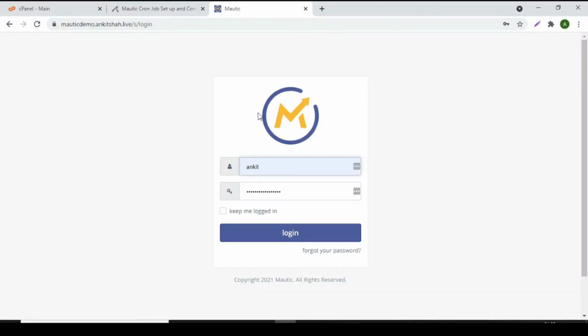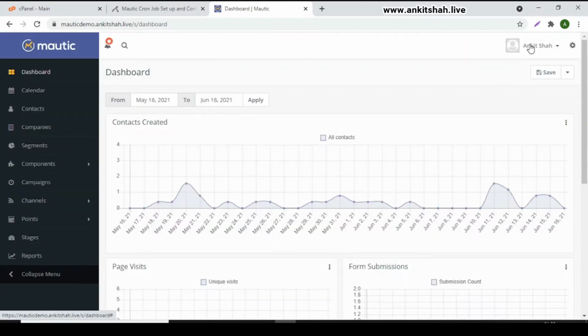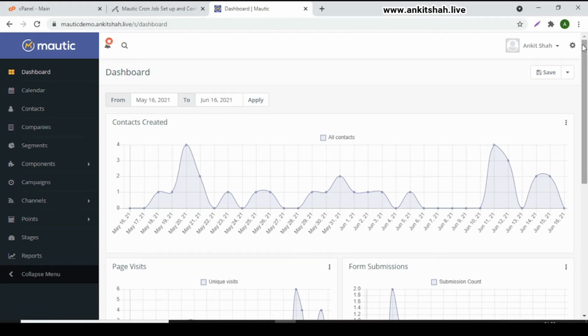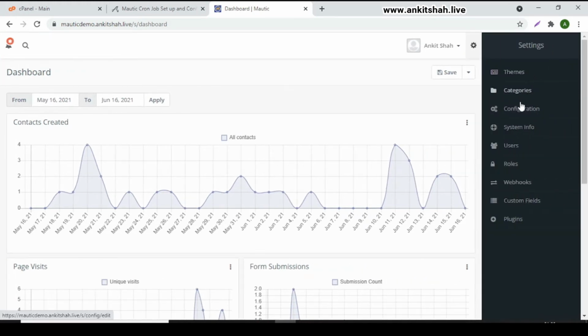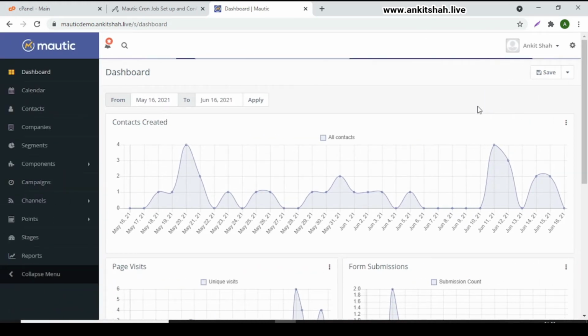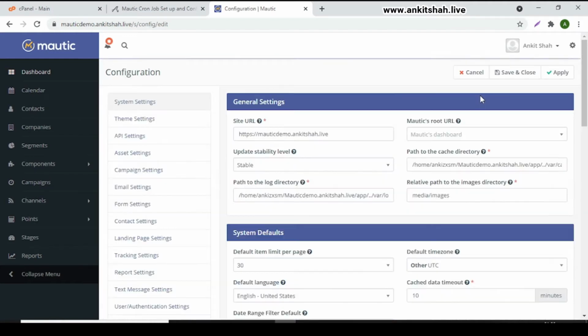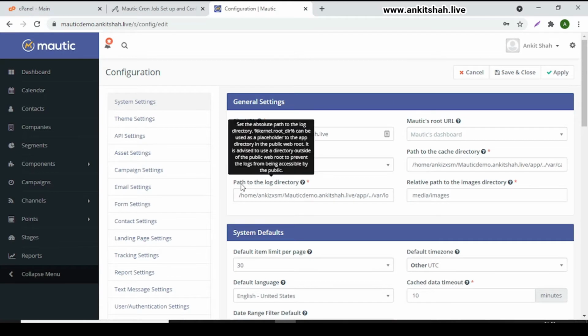So let's begin. First you have to log into your Mautic. Once you log in, go to Settings and then Configuration. Now check for the path to the log directory.